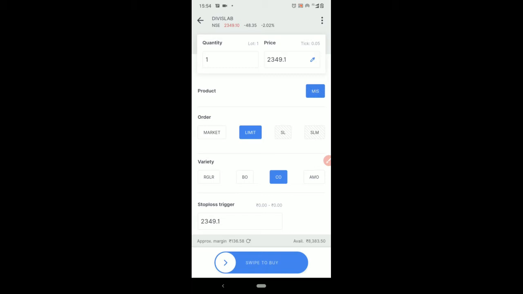If we don't know the actual margin the broker is giving for this stock, we need to go and check the margin calculator, and calculate again how many stocks we can buy with our available cash.